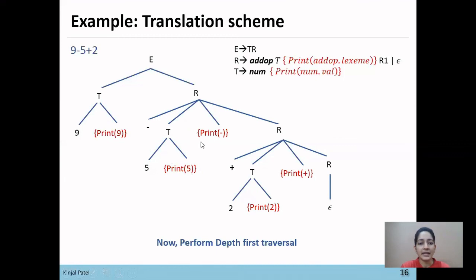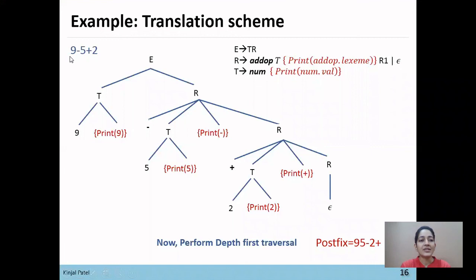Then minus gets printed: 9 5 minus. Then scanning from left to right, 2 gets printed: 9 5 minus 2. And then plus gets printed: 9 5 minus 2 plus. So here is the postfix notation for this infix notation: 9 5 minus 2 plus. This is how we can construct a translation scheme for infix to postfix conversion.